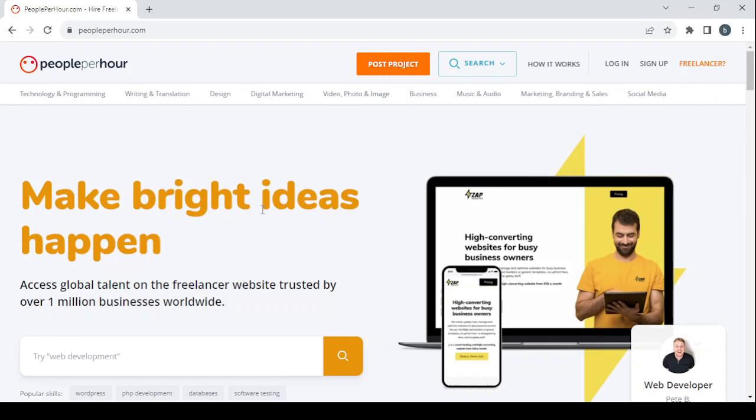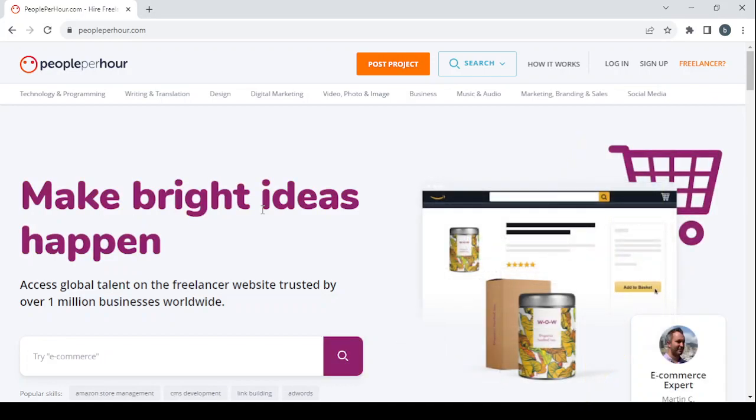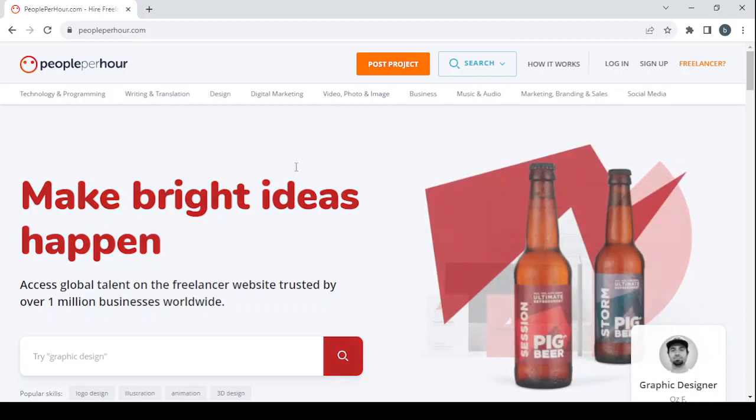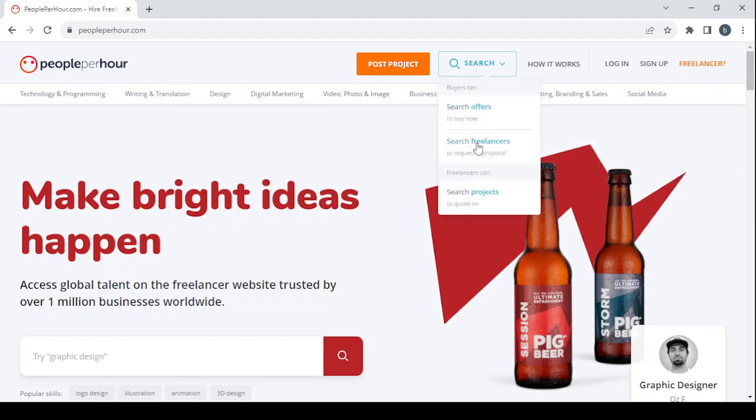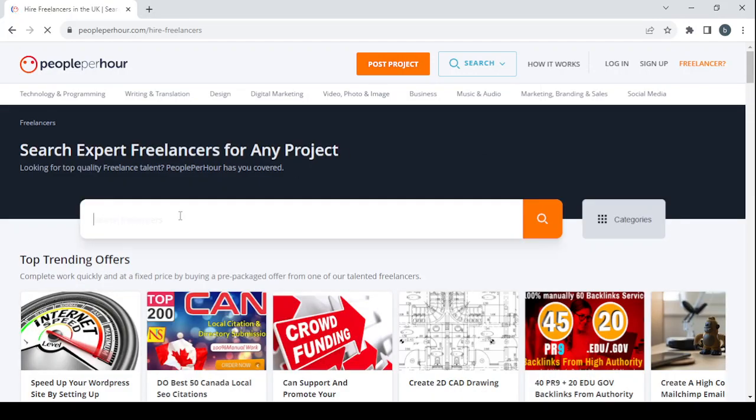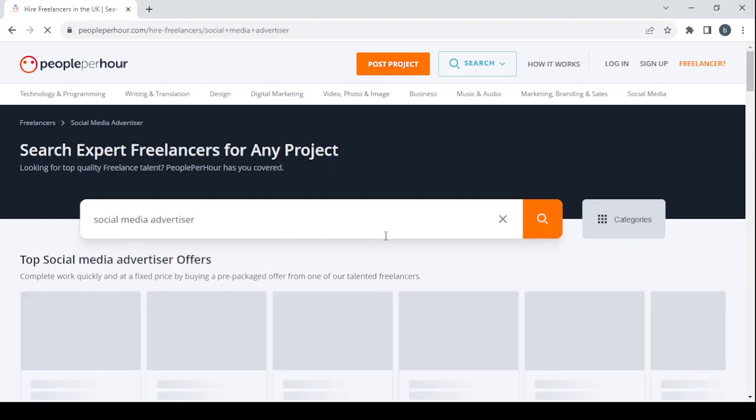Among those visitors, there are business owners or individuals that are looking, for example, for a social media advertiser or a financial advisor or anyone with any skill that they're in need of. So for example, let's search for some social media advertisers. Here, let's click on search freelancers, and here enter the skill social media advertiser, and we're going to see some